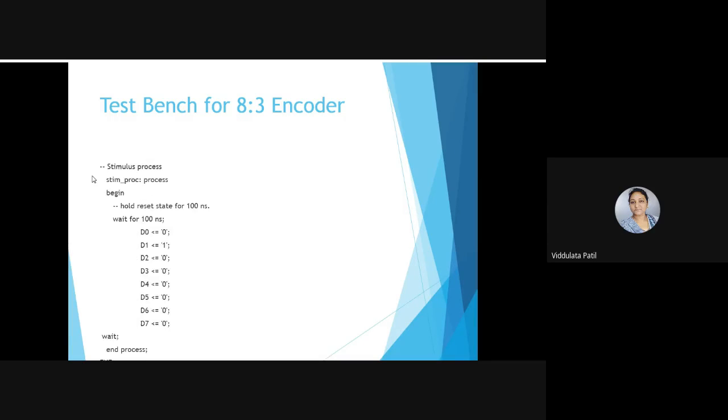Okay, so after that, actually, the testing process. Whatever process we have to write, according to which we are going to test, that will be here in this process. The name given to this process is stim_process, so it is a stimulus process, and this is the beginning of this process. Initially we will hold the reset state for 100 nanoseconds. For that we have used the statement wait for 100 ns. So it will wait for 100 nanoseconds, and after that whatever inputs we are going to give will be